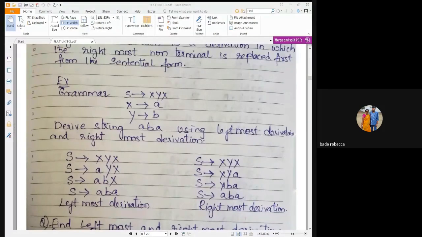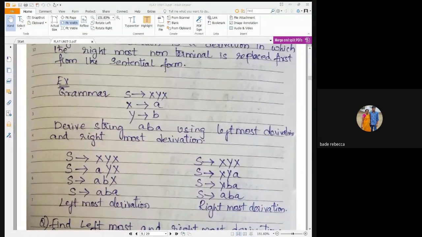From the start symbol till the word or string we get, whatever derivation we are doing, either leftmost derivation or rightmost derivation, the right hand side part, including the first step with the start symbol, this whole together writing is known as sentential form. Now you consider this grammar.